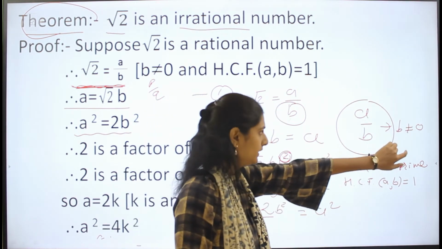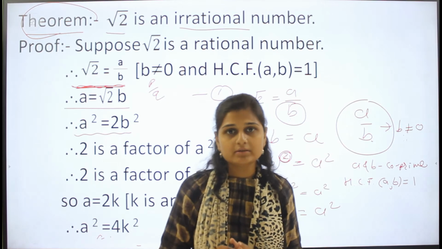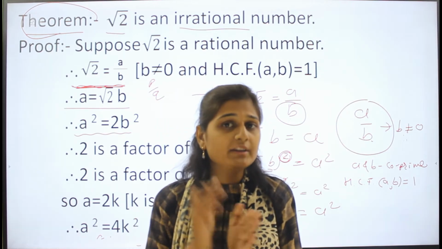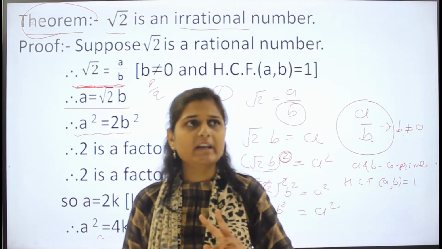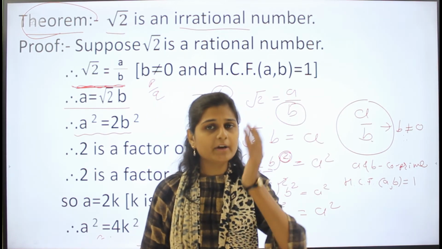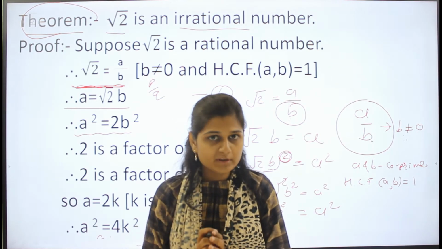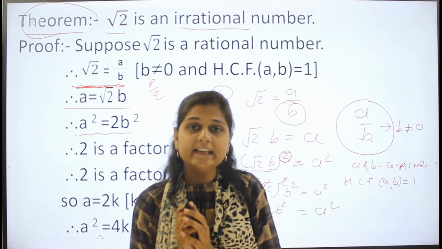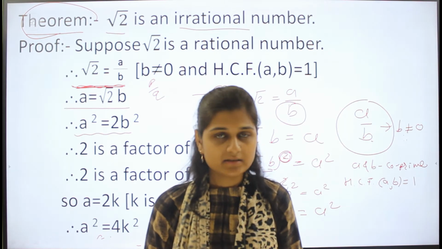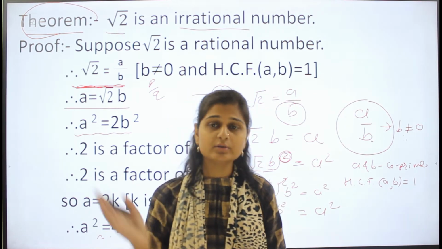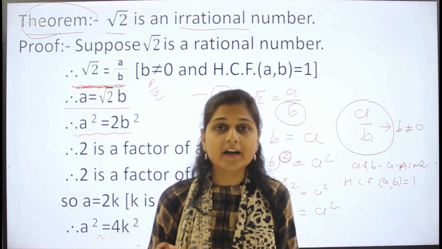Now here we'll go first through why B should not be equal to 0. You can think, if you take 0 in the denominator of any value, then what will be your answer? Suppose you have two values, 1 and 0, so you have the division 1 upon 0. What will be the answer of that fraction? The answer will be infinity. Why? Because you cannot divide any value by 0, so there you will get infinity as the answer, and infinity is an undefined value.